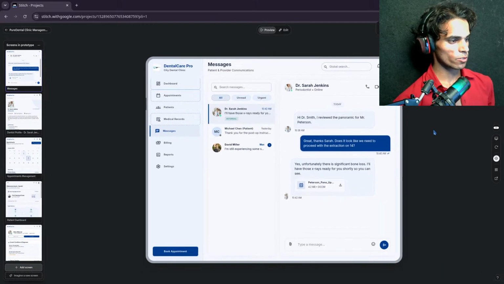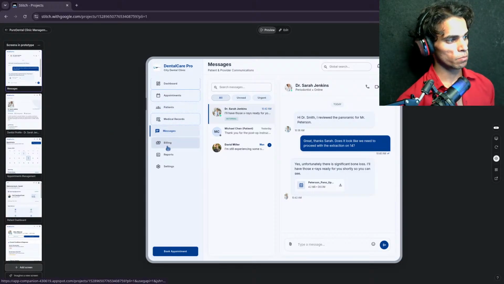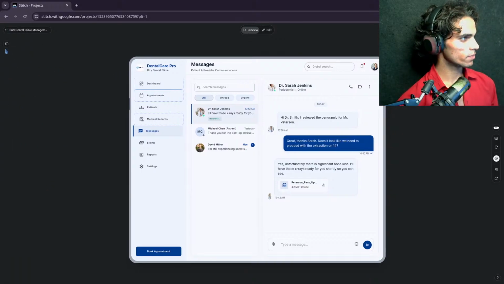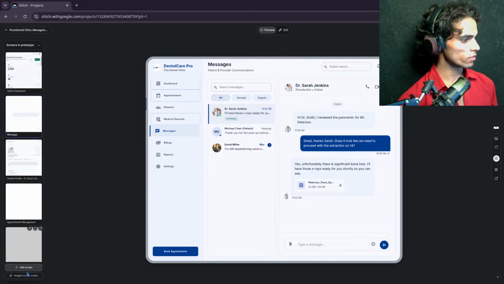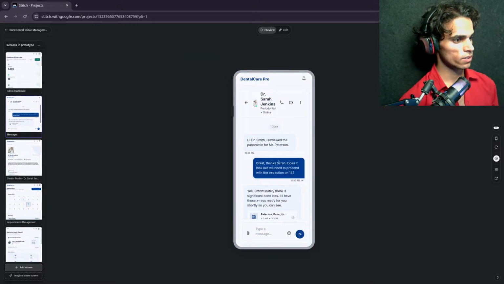So what we are going to do now, let's design these pages: patients, billing, report, and settings. Okay, and let's get this. Let's remove. Okay, what I want is stop this. Mobile, you are good. Open in new tab. Reload. Let's open in mobile.